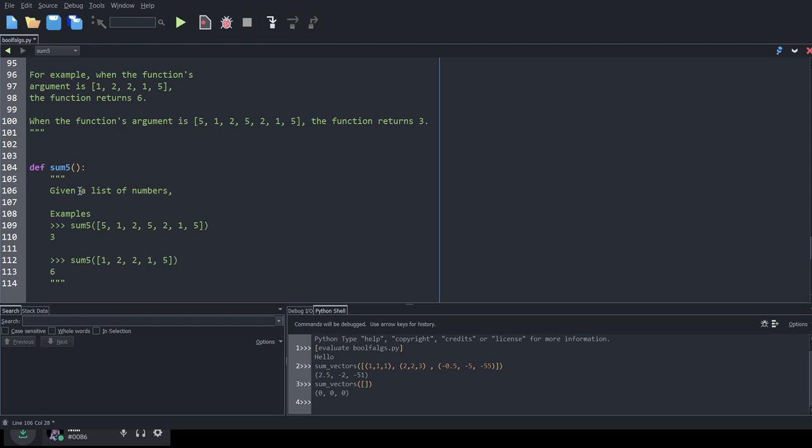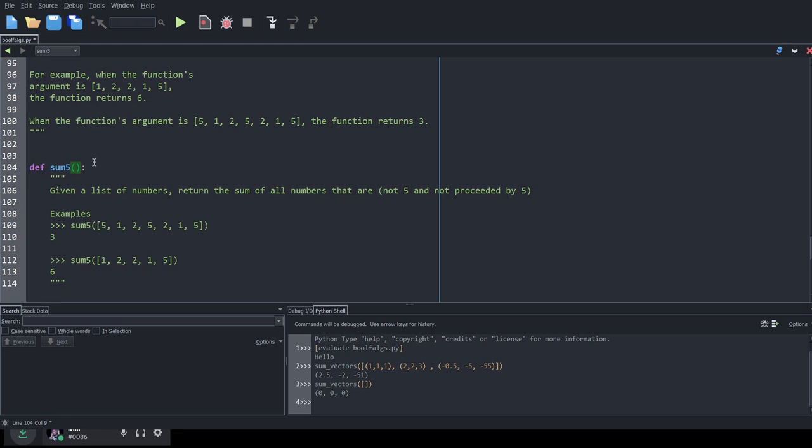Given a list of numbers, return the sum of all numbers that are not 5 and not preceded by 5. So if you've got a 5 in front of you, you're disqualified from the counter.